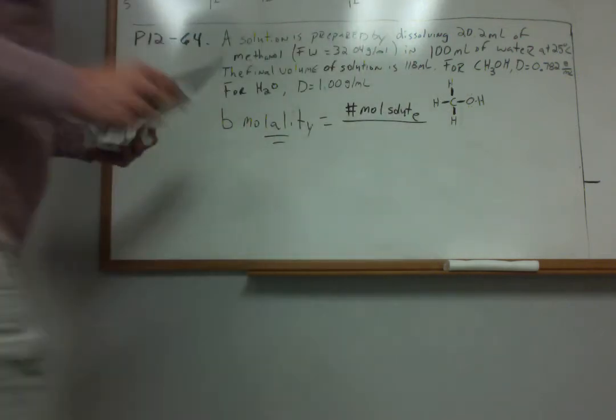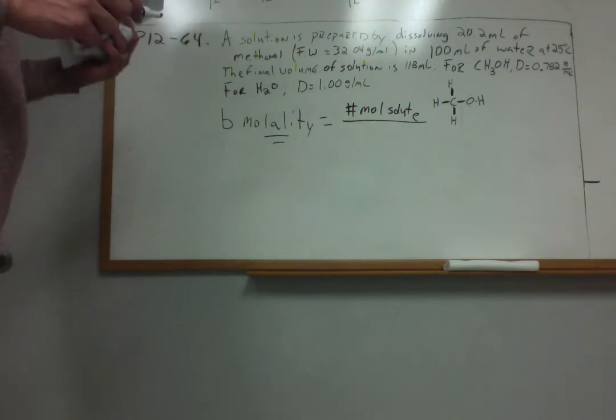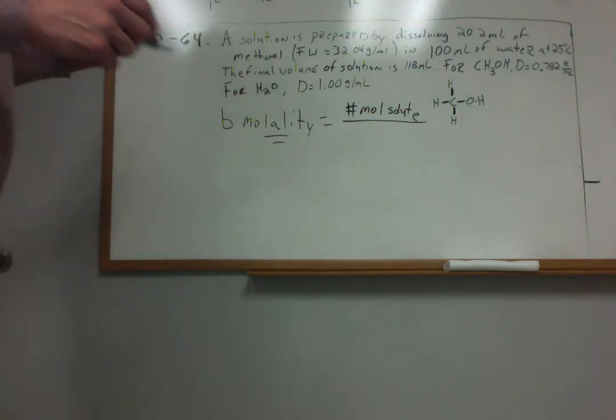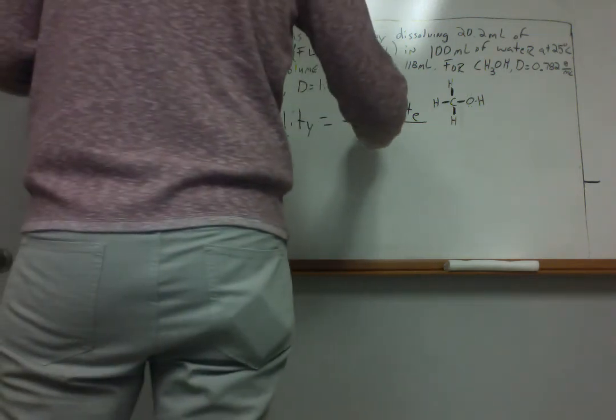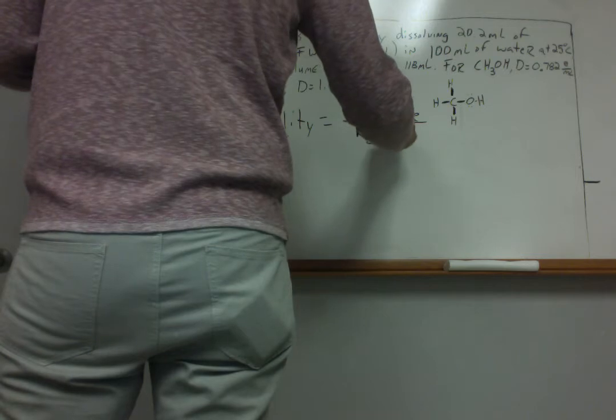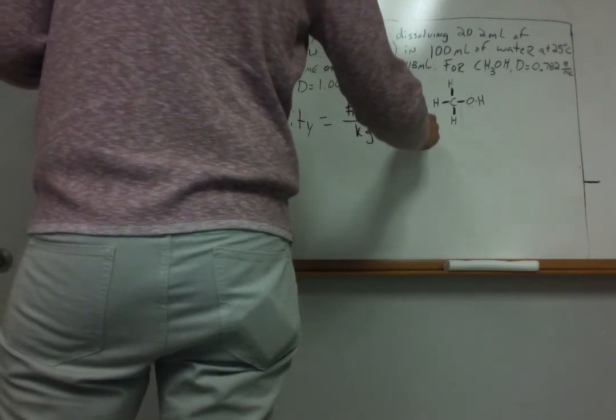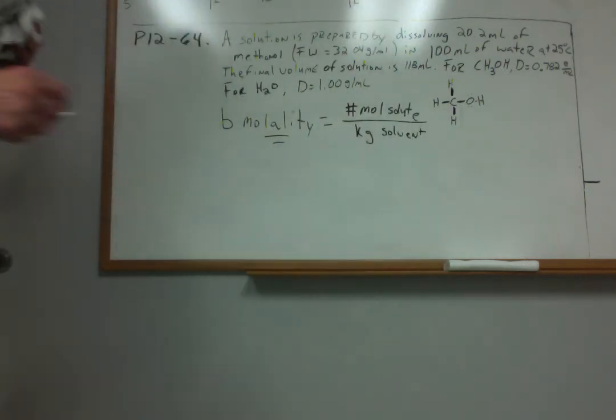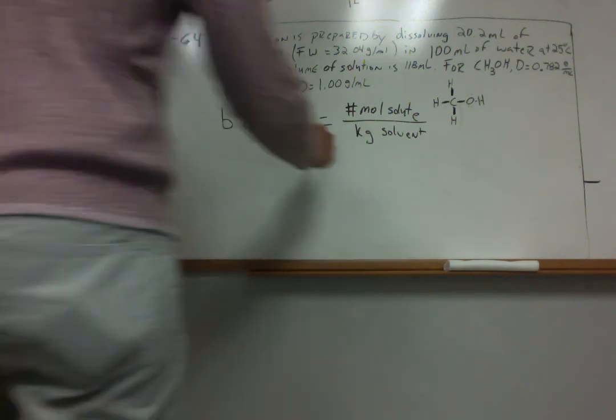So start off by writing your definition. Molality, remember, is the number of moles of the solute divided by the number of kilograms of solvent. The mass of the solvent has to be expressed in kilogram units. That's very important. Got to remember that, okay? So,